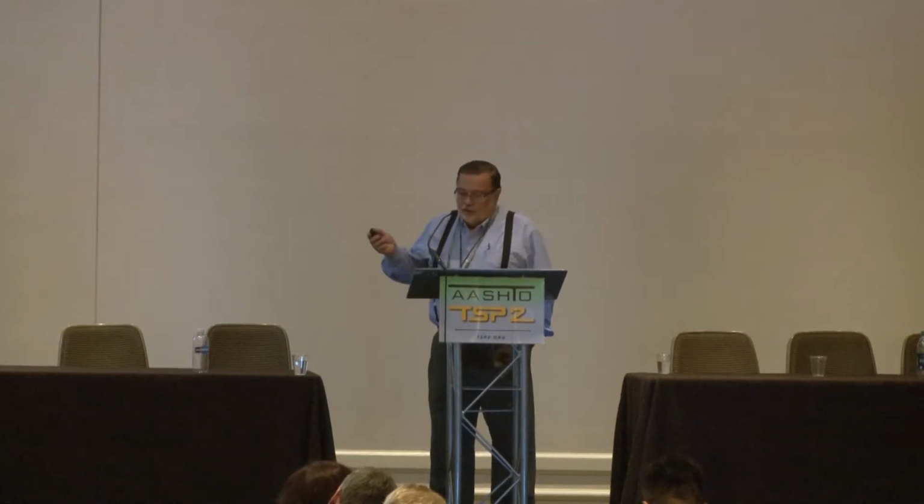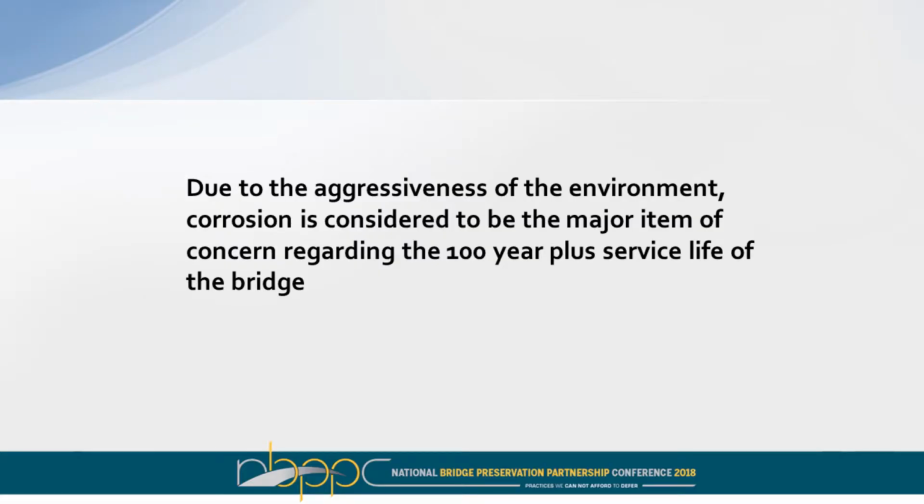To make the story short, we have evaluated the bridge for several years, and there is a consensus that due to the aggressiveness of the particular environment where this bridge is located, corrosion is considered to be the item of concern regarding the 100-year-plus service life that we are expecting. So, having said that, there is a lot of effort dedicated to corrosion control as well as to corrosion prevention